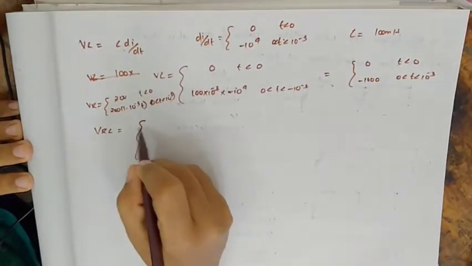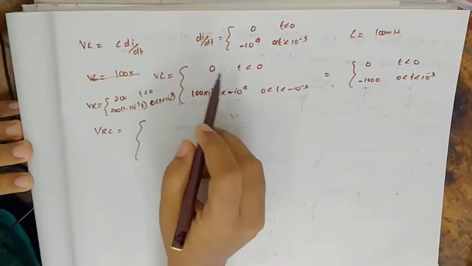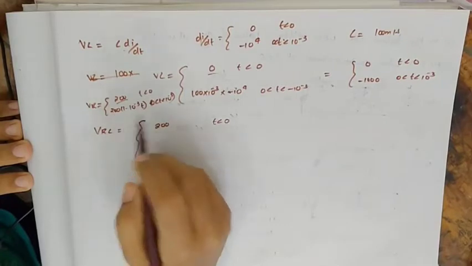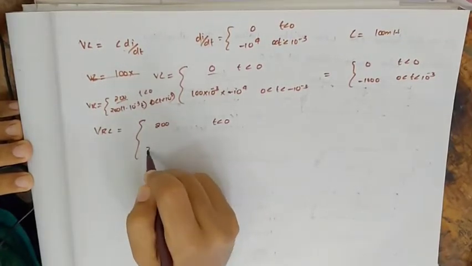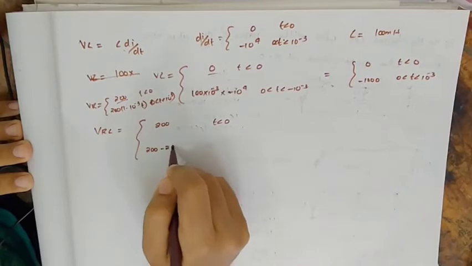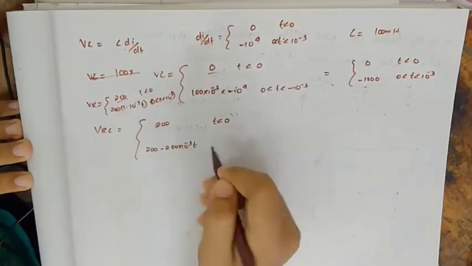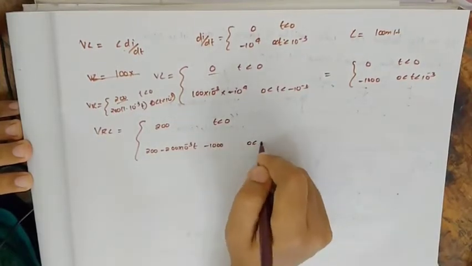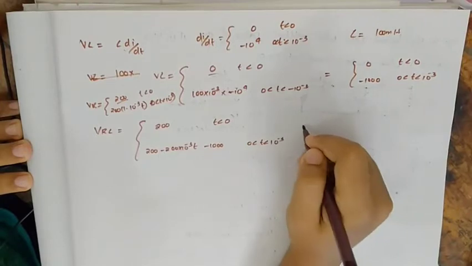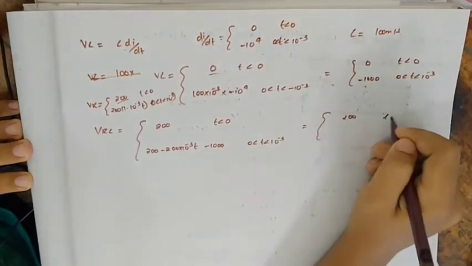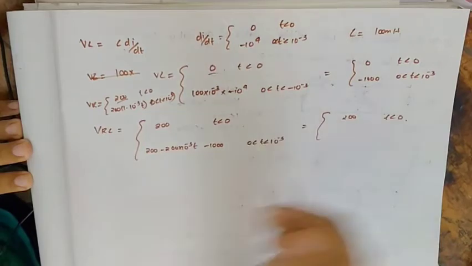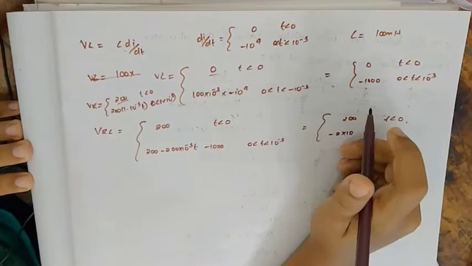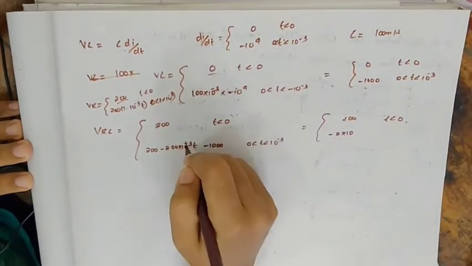So VRL is equal to 200 plus 0 for t less than 0, and 200 minus 200 into 10 raised to 3t minus 1000 for 0 less than t less than 10 raised to minus 3. That is 200 for t less than 0 and minus 800, 2 into 10 raised to